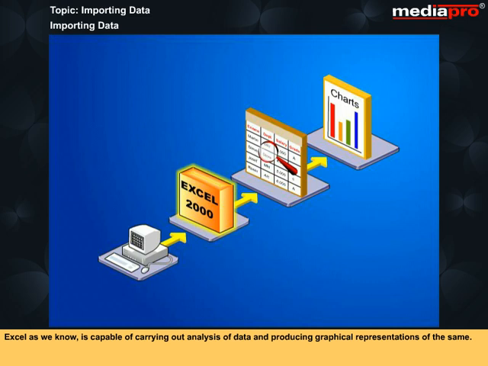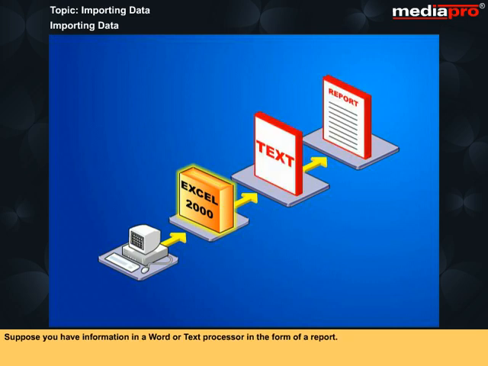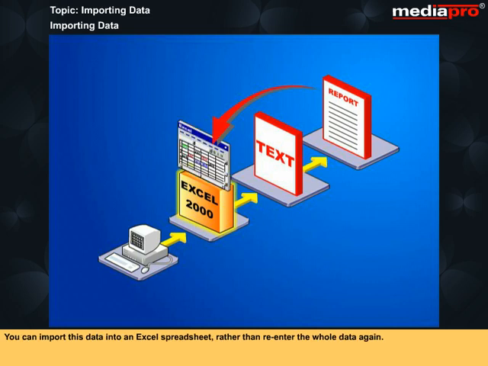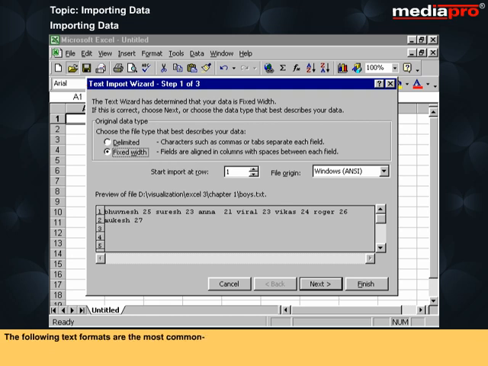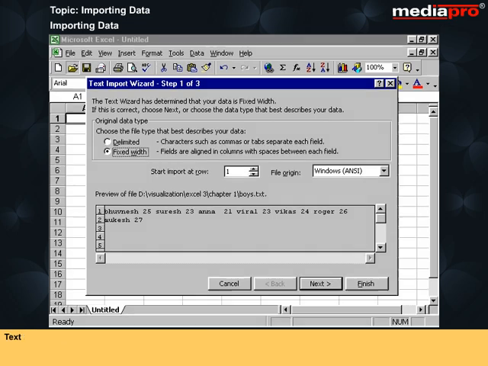Excel, as we know, is capable of carrying out analysis of data and producing graphical representations of the same. Suppose you have information in a word or text processor in the form of a report. This report would need to be in a format that Excel can recognize. You can import this data into an Excel spreadsheet rather than re-enter the whole data again. If the text to be imported is not in a recognized format, Excel will automatically launch the text wizard to give you assistance. The following text formats are the most common: text, text tab delimiter, formatted text, comma separated values